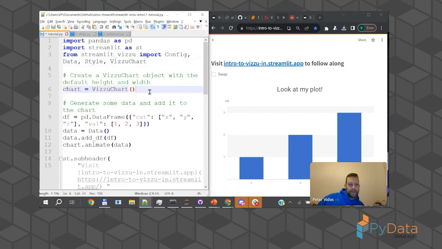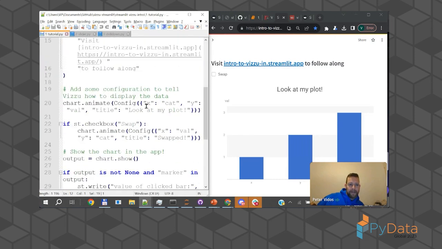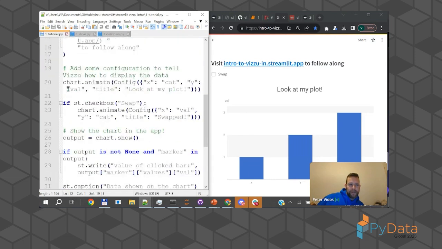And we first create an empty chart. And then we create a very simple data frame with one categorical and one numerical series, so X, Y, Z, and 1, 2, 3. We create, once again, an empty data object. We add the data frame to the data object, and we add that data object to the chart with the animate method. And basically, we use the animate method 2 times. This is the initial configuration where the category, the XYZ, is on the x-axis, and then we set the chart,